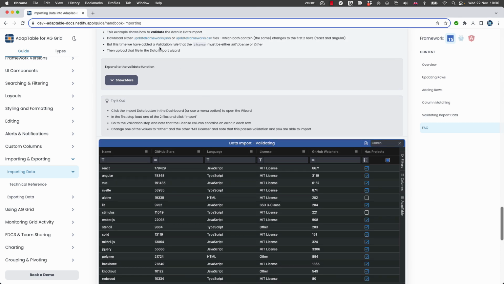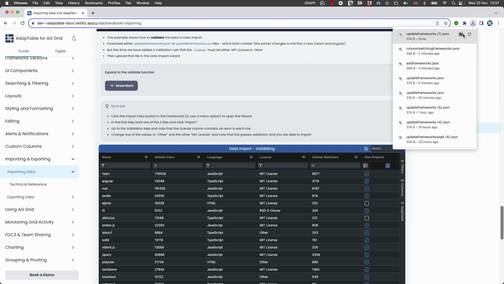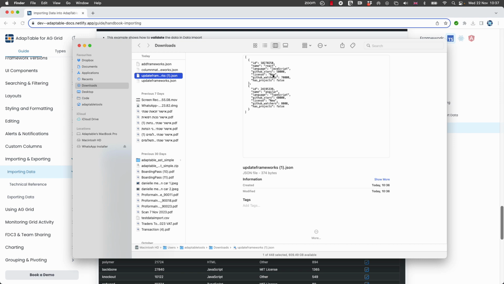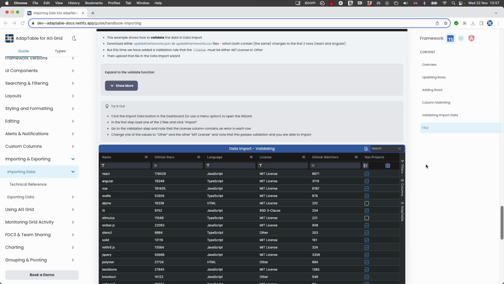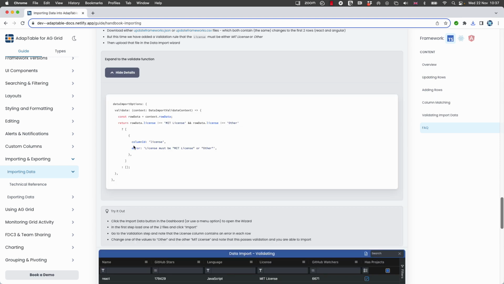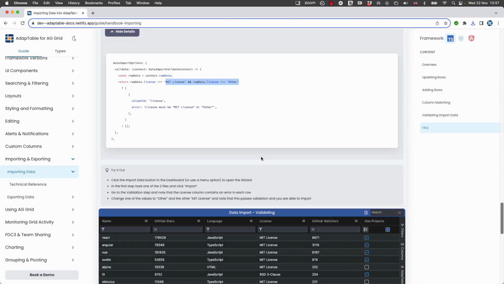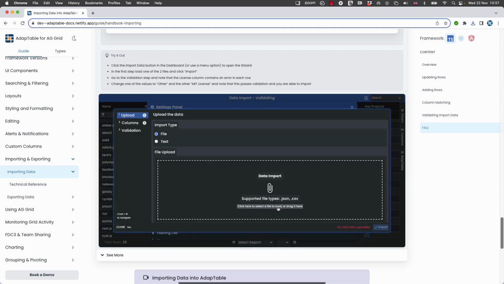So we are going to add this file, but the difference is we've now got a new rule. So let's add this file again, and we'll see that here we have a rule. We have a license is new, okay, and what does that mean in practice? Well, if we have a look at our code, we've said here that the license has to be either MIT license or other. It can't be new. So what does that mean in practice? It means that when I now import my file,